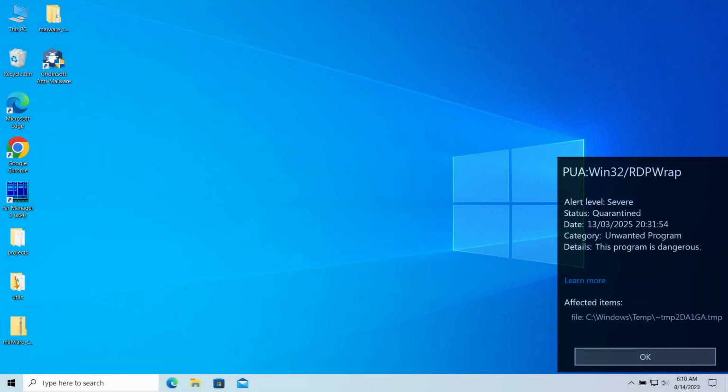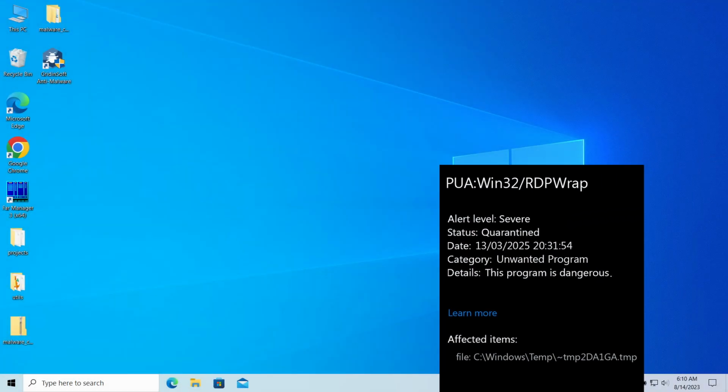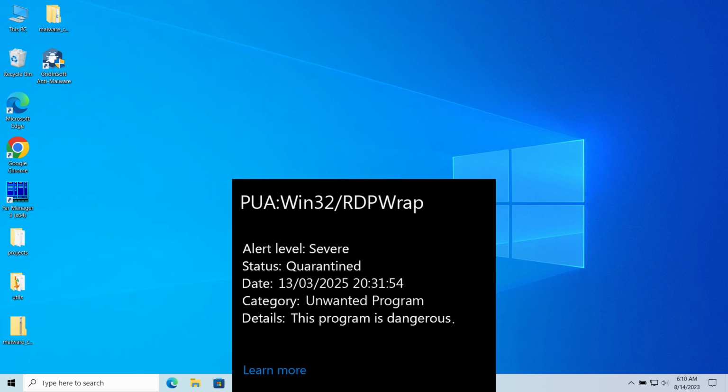PUA:Win32/RDPWrap is a detection of Microsoft Defender that you can see popping up in the system. It typically flags an unwanted program that is actively running in the system and can lead to excessive ads, notifications, or system settings being modified without your consent. In this video, I will explain how dangerous it is, whether it can be a false positive, and how to